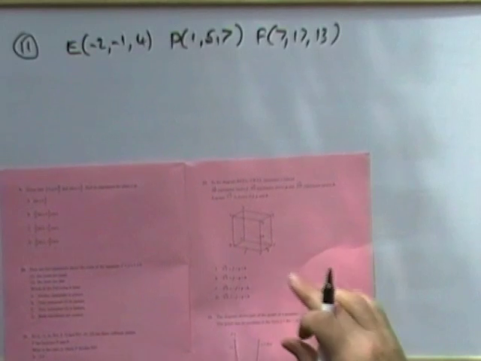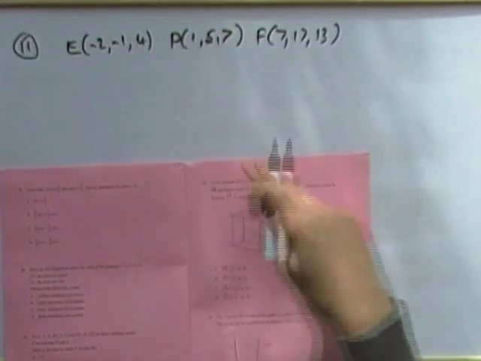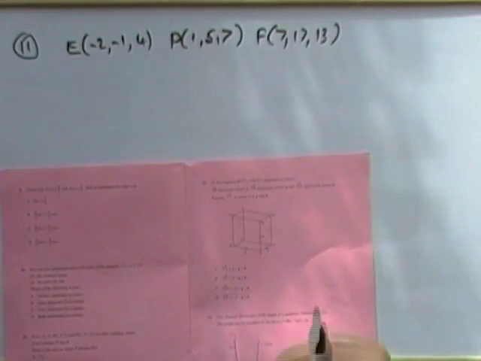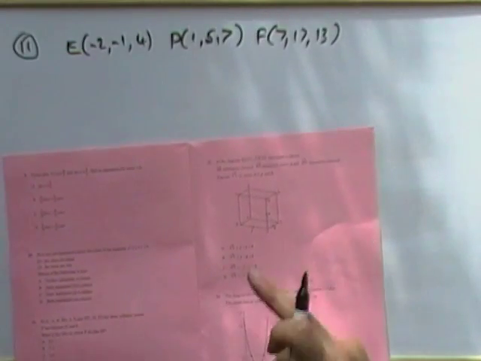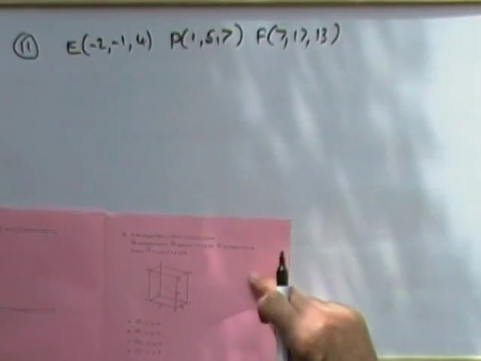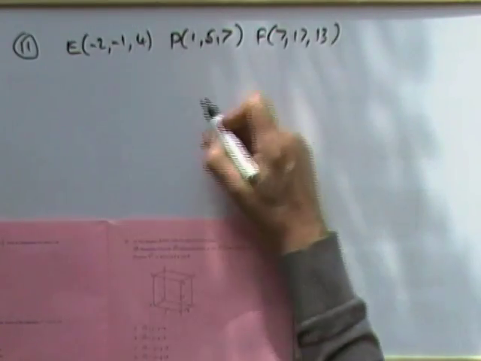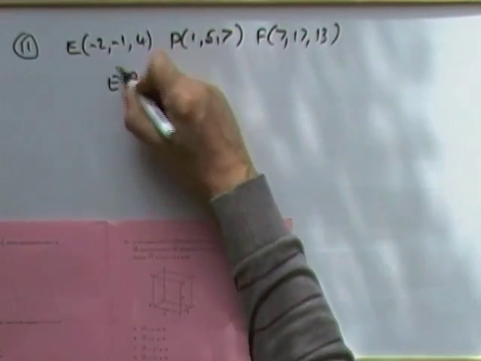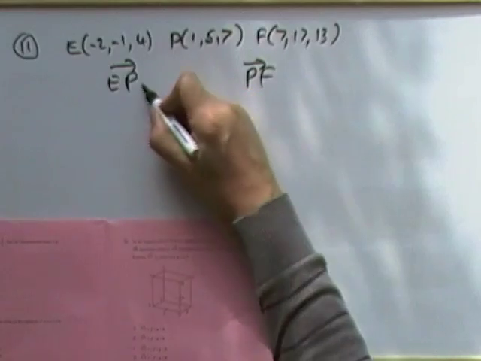Number 11. 3 points, typically found later on, where it would say prove that the 3 points are collinear, and then find the ratio in which P divides EF. But here it's telling you they're collinear. If you were trying to prove they were collinear, then you'd have to work out the two vectors, the two displacements. You'd have to work out E to P, and then work out P to F, just by doing the usual